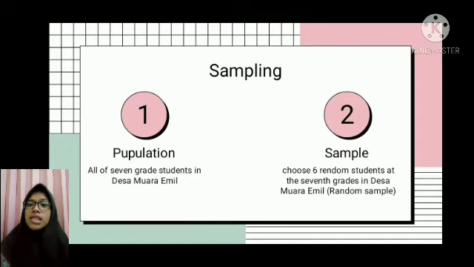All of the 7th grade students in Desa Muaraemil. And the sample chosen is just 6 random students at the 7th grade in Desa Muaraemil. And the sample used is a random sample. And then